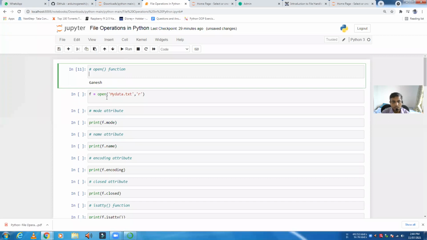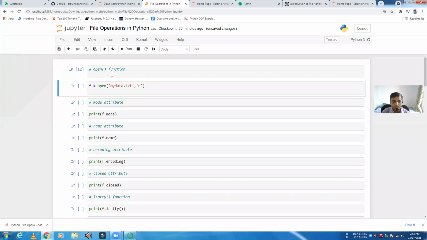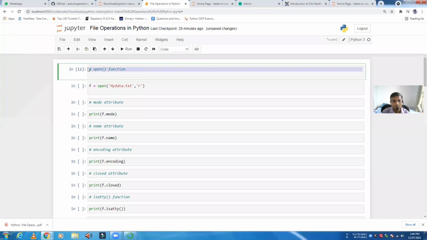But if you don't want a code cell, and you only want to specify some information regarding this particular cell, just like a comment, then it is different. Here this is the code cell, and I have commented this information, that this is the open function.